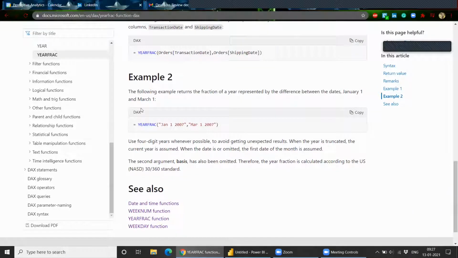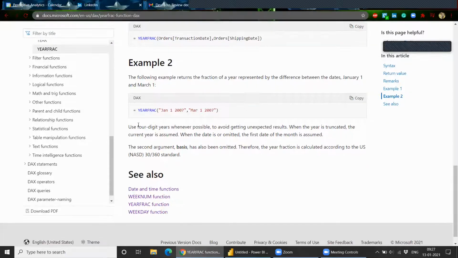So this is the example which you can see. We want a year fraction from January 2007 to March 2007, and let's run this.